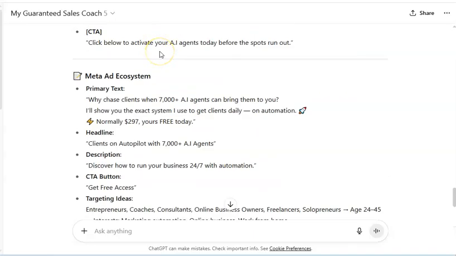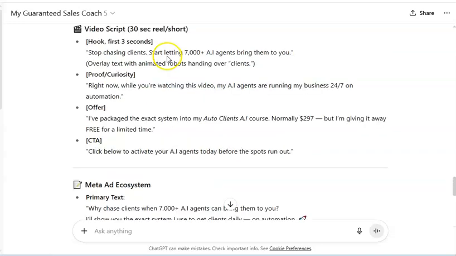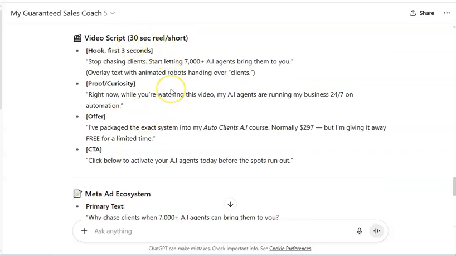Also, in the next training I will show you how you can generate a video using Google Gemini or VO3. You can use that for generating your video. In the next video we'll cover that, but here this is the particular post. You can directly turn on your camera, record this and post. That is UGC, user generated content, which is working very well right now. If you are able to do that, then you do not need any particular software or other packages to do any recordings, because UGC is the thing that is working right now.